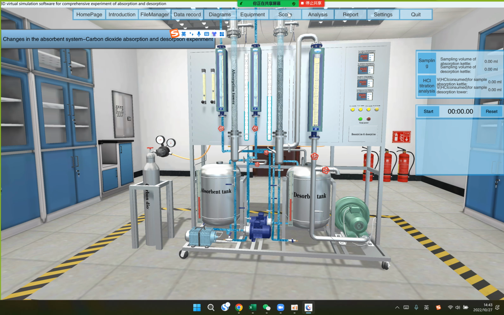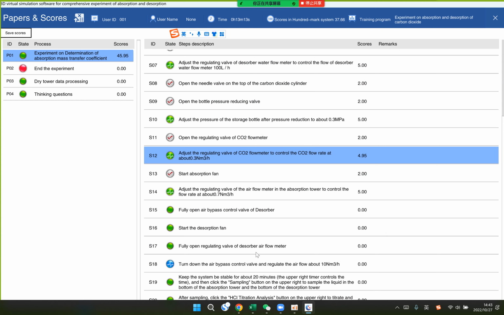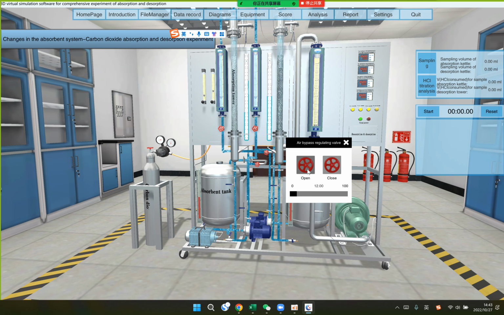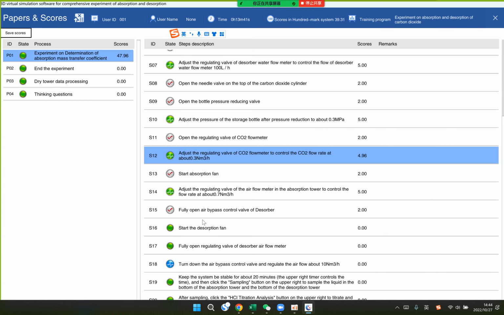We have to calibrate the flow rate later in the calculation part. Then is for the desorption. For the desorption, we simply could open this one. I'm sorry, because this is an atmosphere, this is a vortex air pump. So we have to open the bypass valve firstly. Okay, open it firstly and start the fan,